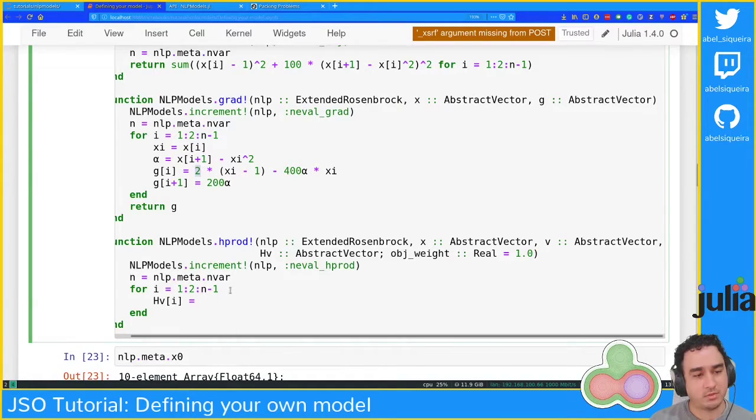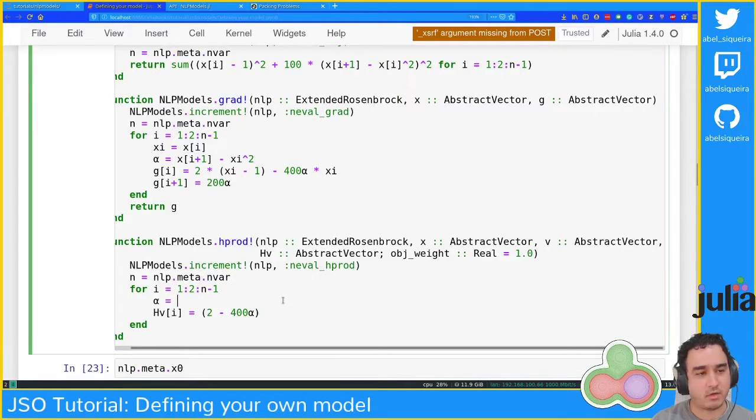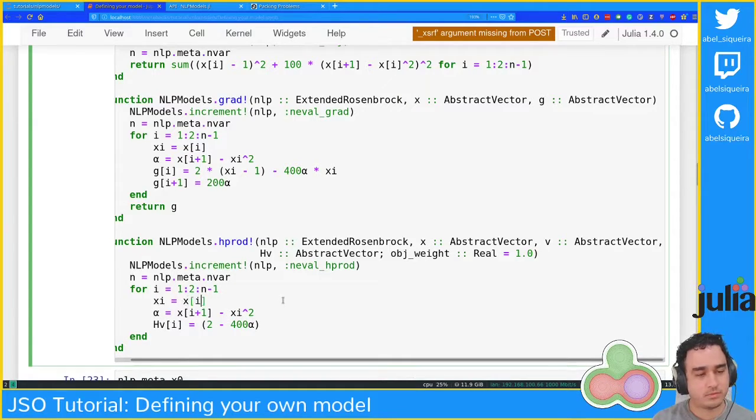It's gonna be a 2 plus, here I'm gonna have minus 400 alpha, and for that I'm gonna need alpha. And I'm also gonna differentiate alpha with respect to xi. So this is gonna be minus 2xi, with this minus gonna be plus 800 xi